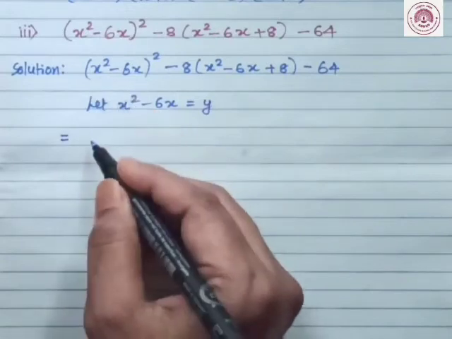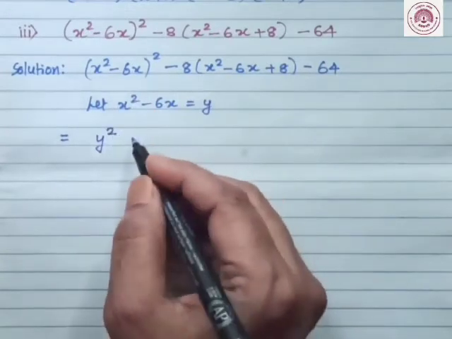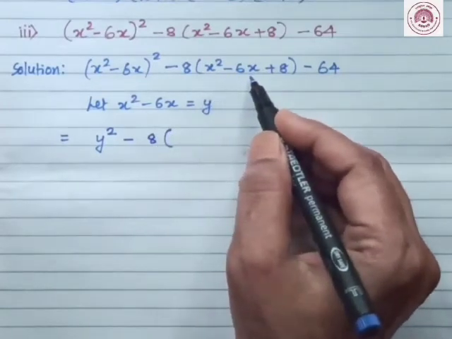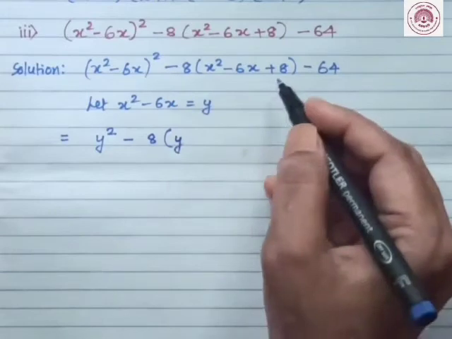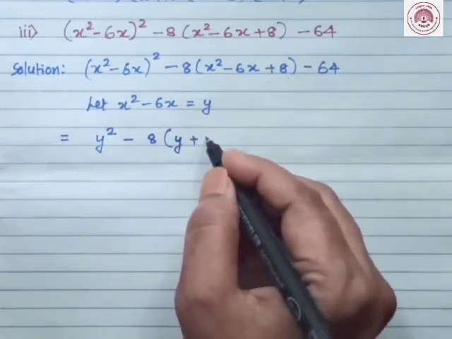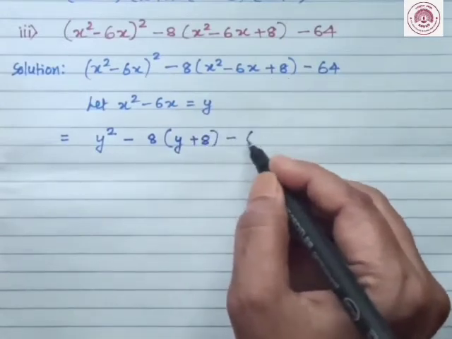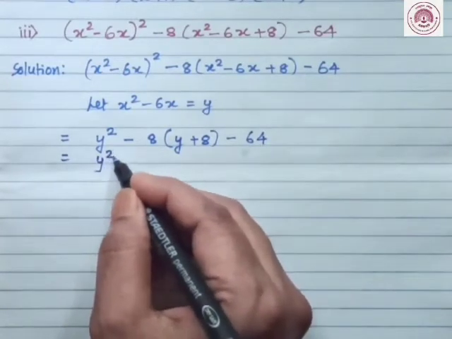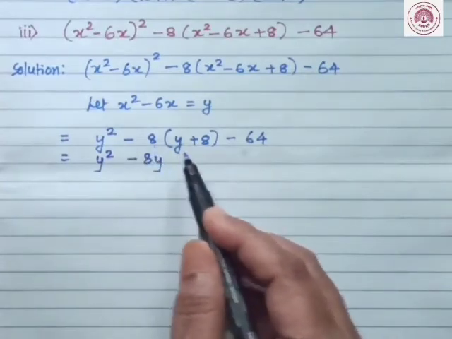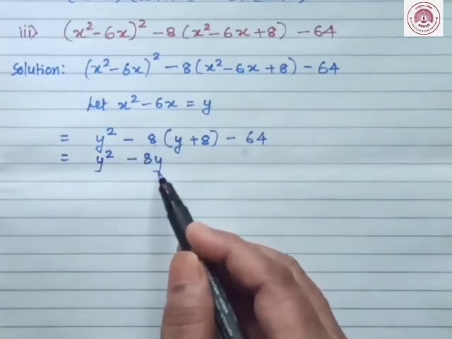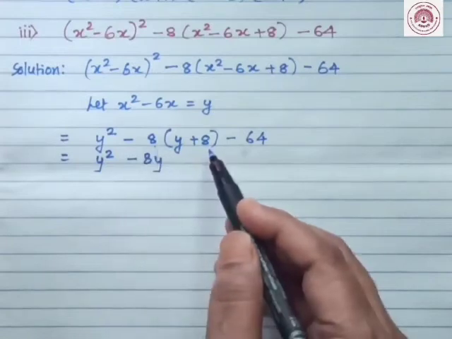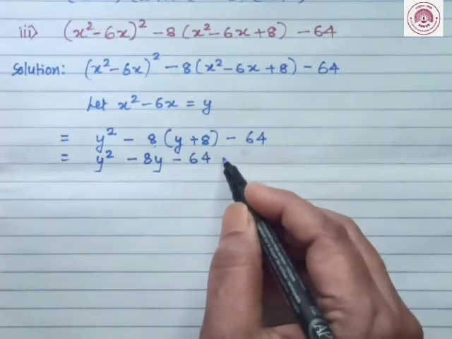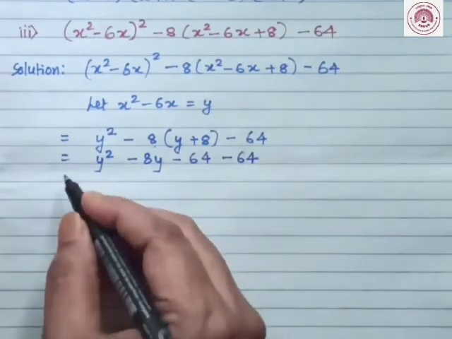So x² − 6x is y. So y² − 8 in bracket we have x² − 6x, so we will substitute that as y. After that we have plus 8. Then we write minus 64. Okay. So this is equal to y² − 8 multiplied by y is −8y. Now −8 multiplied by +8 is −64. Then again we have −64. Okay. So this is equal to